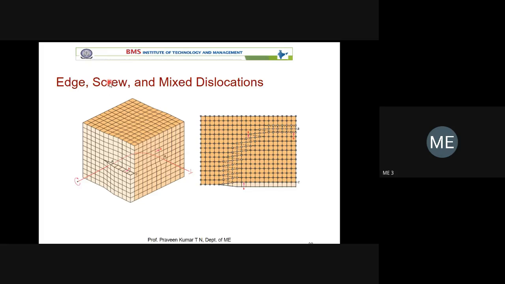One is linear movement in the case of edge dislocation. In the edge dislocation, atoms will move linearly. In the screw dislocation, you know how a screw works: when you tighten the screw, how are you applying the load? It is a torsion load. So when it is subject to torsion loading, you can see here, all atoms are not moved by the same distance. Some atoms are moved by a small distance. Some atoms are moved by